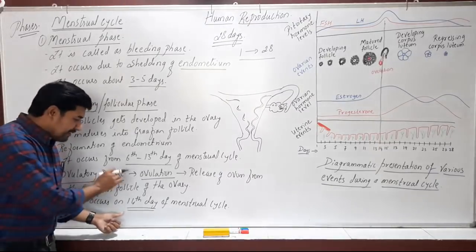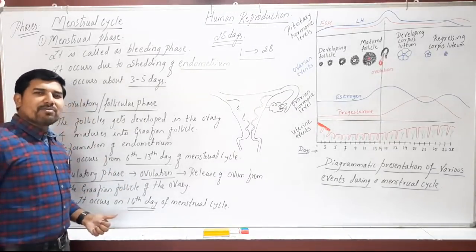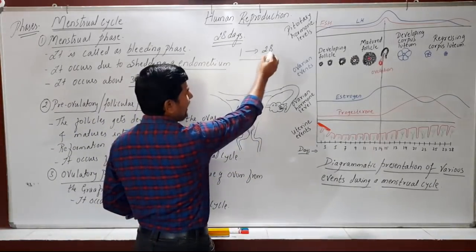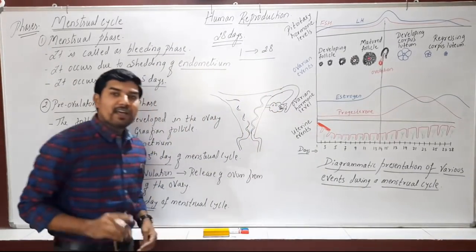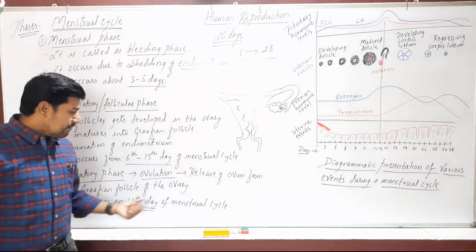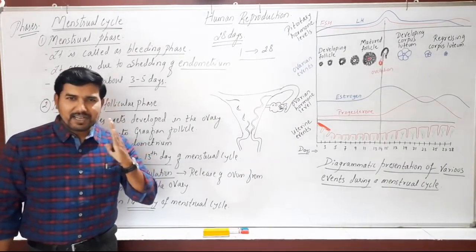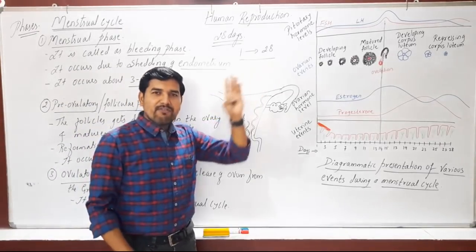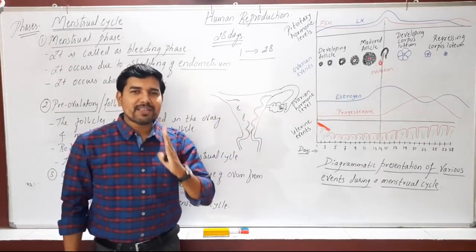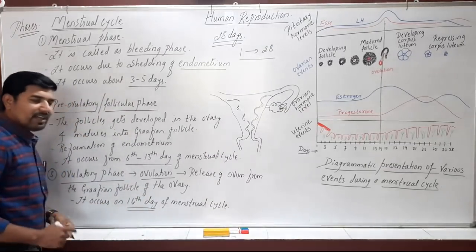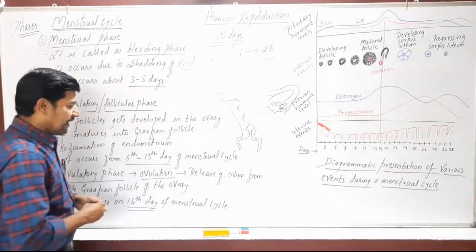Look at this. That means on the 14th day out of these 28 days, the ovum is released. And just see one more point there. The 14th day is the mid of the menstrual cycle. Out of these 28 days, the 14th is the mid of the menstrual cycle. So that's why it occurs exactly on the 14th day. Okay. Then